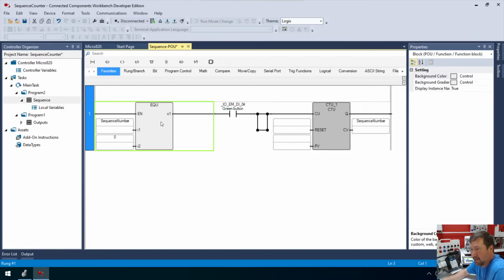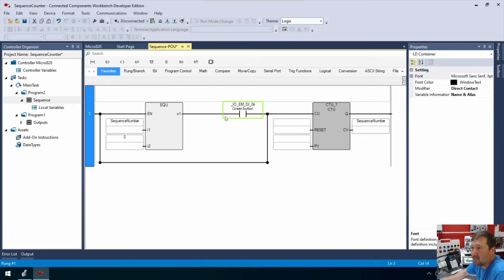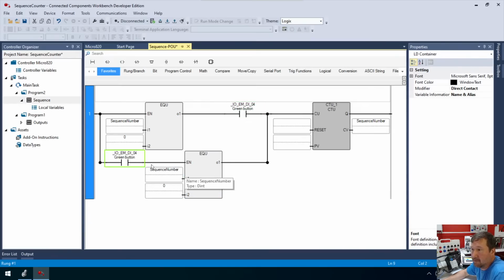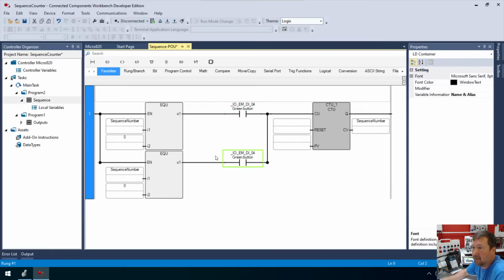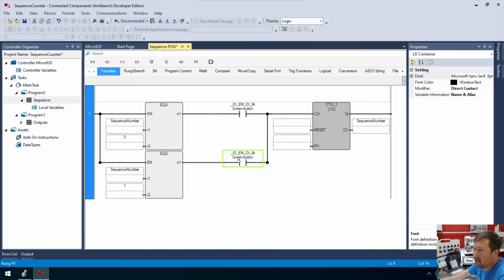And then we're going to copy, oh, that's right. Drag that there, drag this there. And then we're going to copy this equals down here. And actually we can just copy this green button down here as well. Drag it over. And in this case, now if we're in sequence number 1, and we press the yellow button,